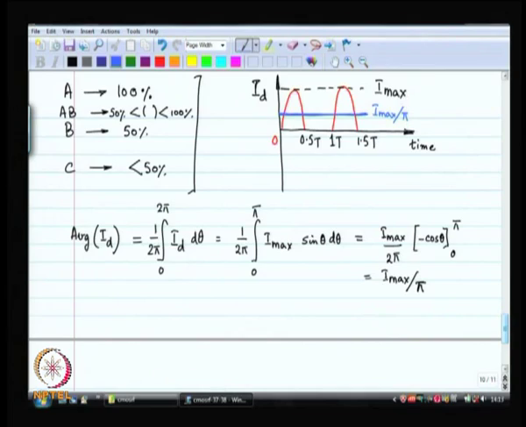All right. The next thing that I need to understand is what is the power delivered. So, the power consumed is therefore I max by pi times VDD, that is the power consumed obviously, right. What is the power delivered? Now, to understand what is the power delivered, I have to find out what is the fundamental component of this current at the desired frequency. I am not interested in the other harmonics, I am interested only in the desired frequency. So, the fundamental component